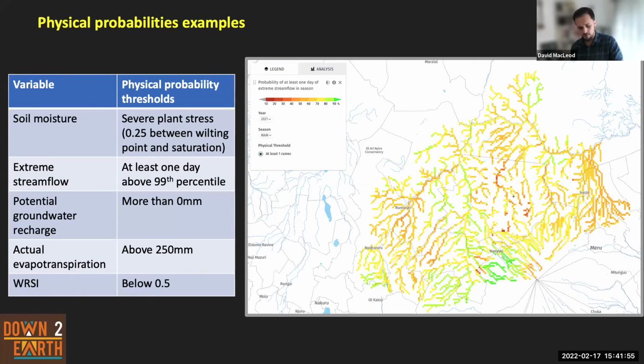But those thresholds, as I've said, are just placeholders to say this is the kind of thing we could do. And for the exact thresholds we might use, we would really benefit from expert insight and any potential user insight. What thresholds might be useful for you? Are those thresholds useful? If you've got any thoughts initially, please do chuck them in the chat, or we'll have some feedback in a second.